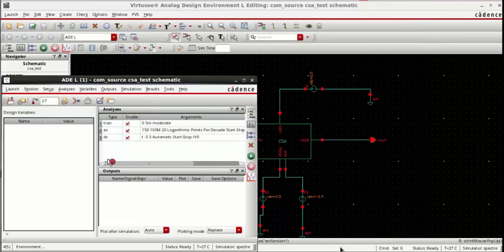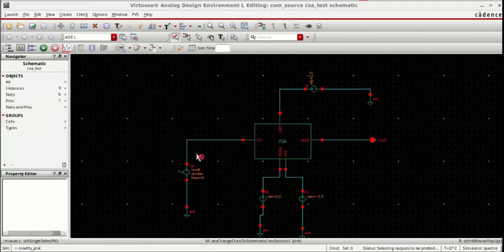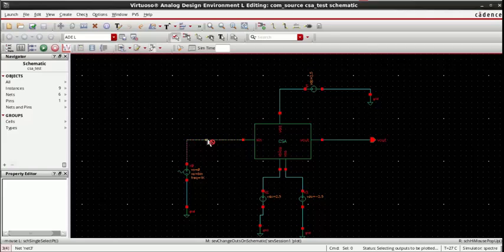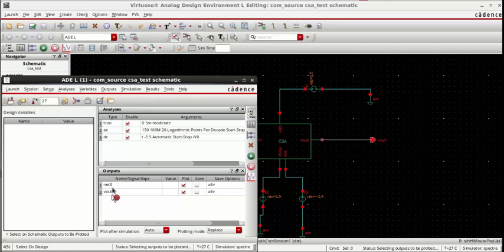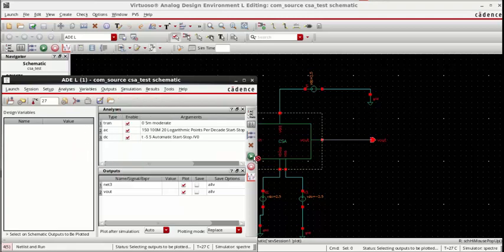Now it is time to select the output. So same as inverter, we are going to do outputs, to be plotted, select on design. What we did there, same thing we'll do here also. Then select the input pin, click the input pin, also click the output pin. Okay, so if you see here, we can see Vout, net 3. This value net 3, net 4, net 5 is given by the system, we do not have any control on that. Okay, so net 3 and Vout are all selected. Now what we do, simulation, netlist and run, or simply we can press this button here directly. Let us do that.